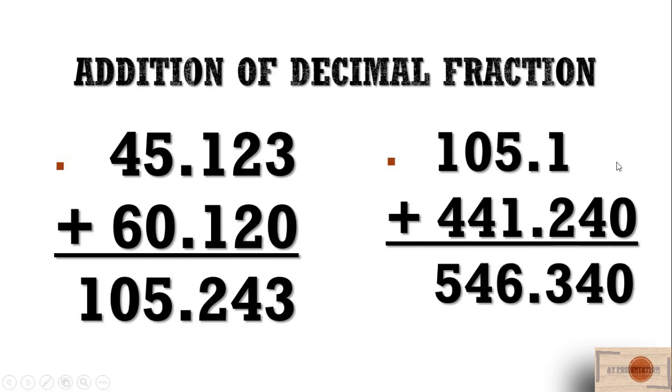So 0 plus 0 is 0, 0 plus 4 is 4, 1 plus 2 is 3, then the point, 5 plus 1 is 6, 0 plus 4 is 4, and 4 and 1 is 5. That is an easy method for solving addition of decimal fractions. Now move on to the next point,